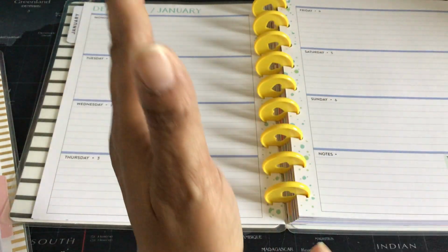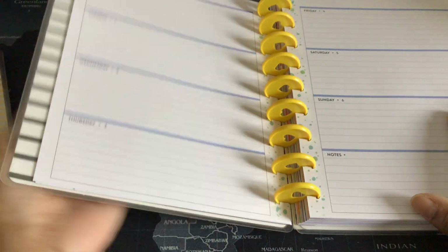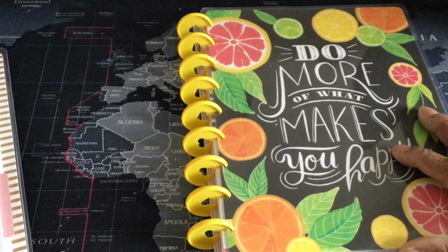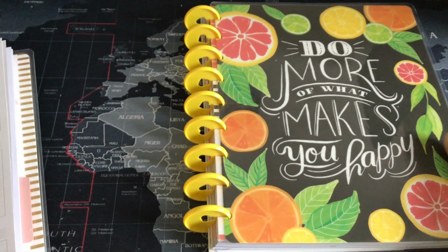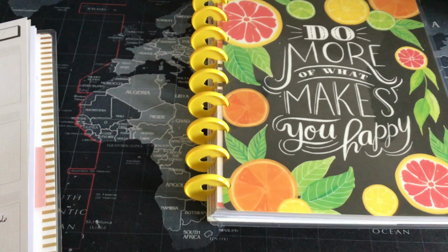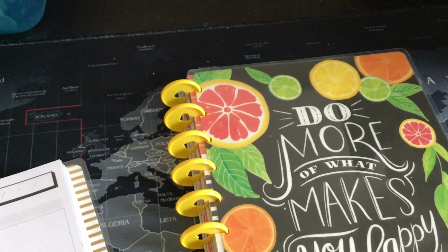Horizontal, vertical. I think there might even be a dashboard layout. What I do not have to show you are teacher planners, which are not available for 2020. I believe there is an older teacher planner on the Mambi website. Sorry, I think my tripod just moved. I am going to list the Mambi website